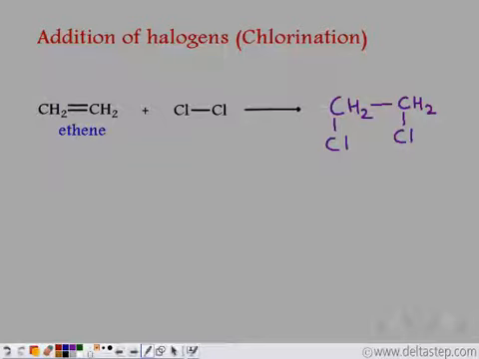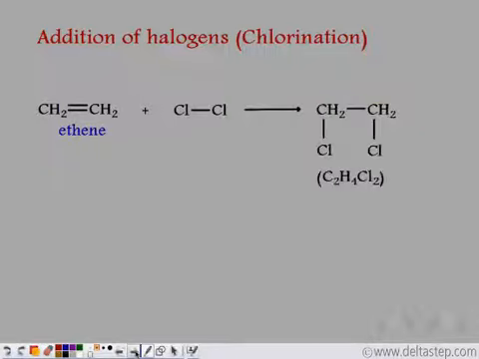In ethene, we have 4 hydrogen atoms, 2 hydrogen atoms attached to the first carbon atom and 2 attached to the second carbon atom. So the 4 hydrogen atoms remain intact. So when ethene is reacting with chlorine, the 2 chlorine atoms are attaching themselves to the 2 carbon atoms. So the unsaturated ethene is converted into a saturated product by the addition reaction. Now in this case, it forms C2H4Cl2. Now this is a saturated product.